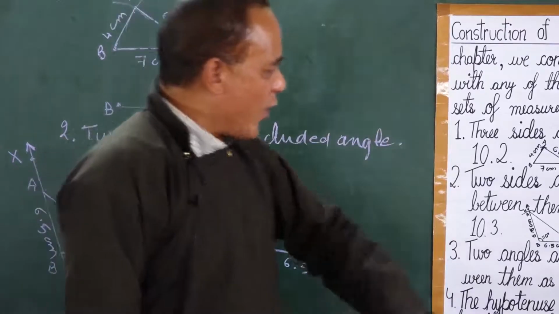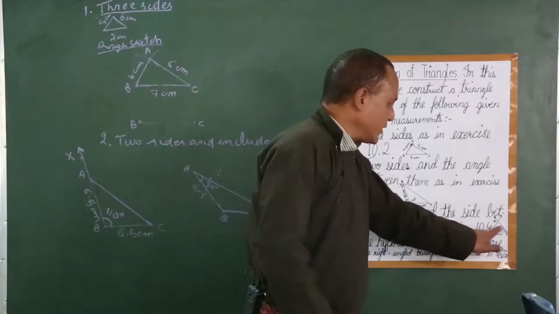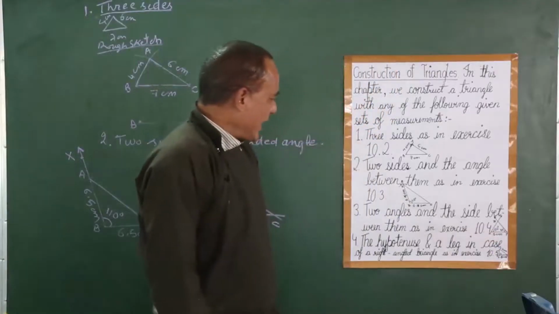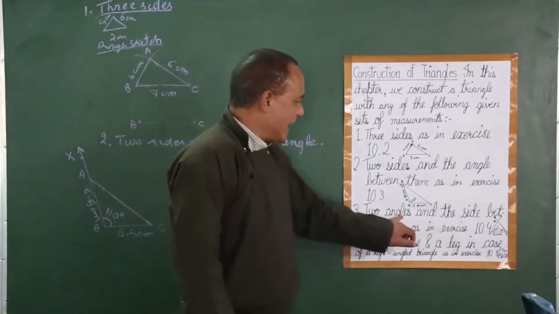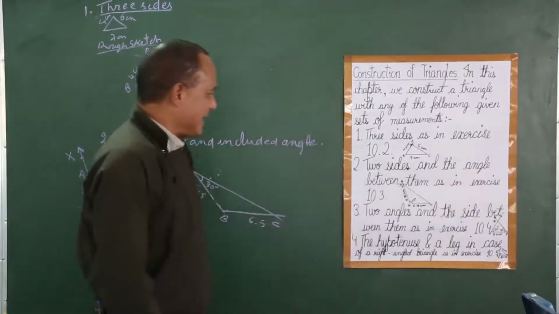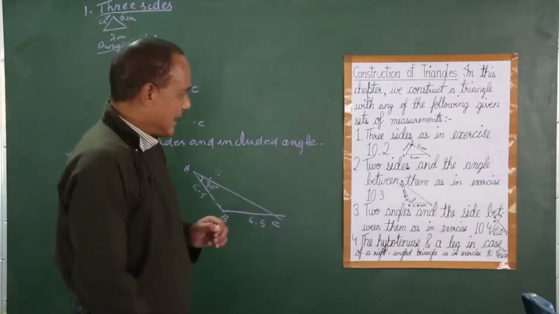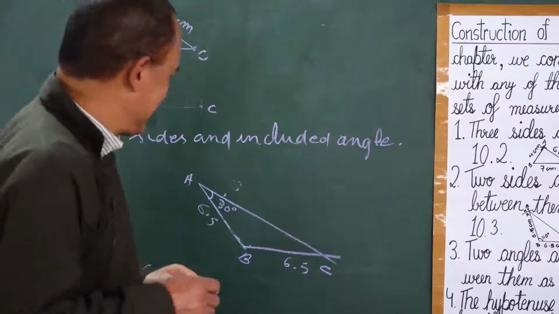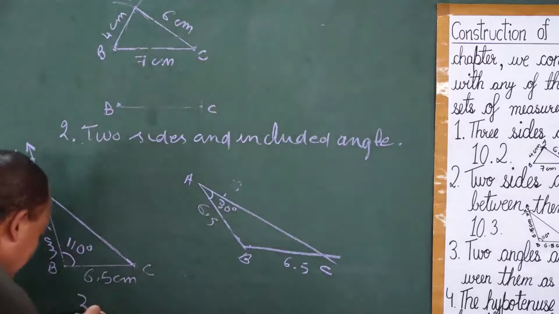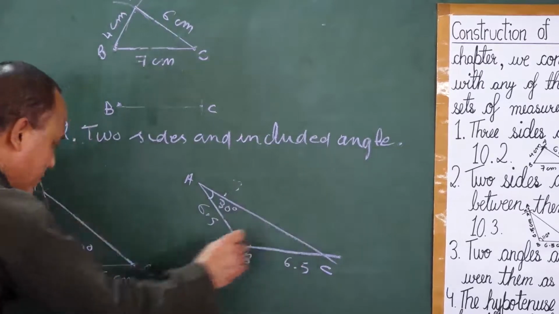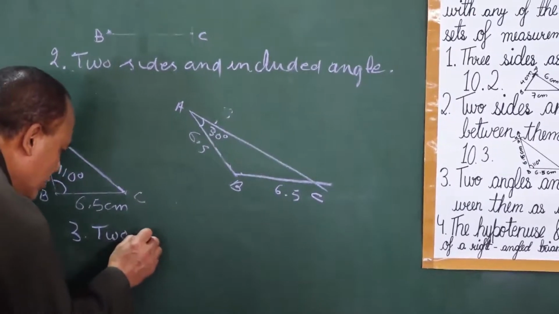All the 10.4 questions are related to this. So here, what happens now? Here it is like two angles and the side, included side. The side is included here. So the third is what you have? Two angles